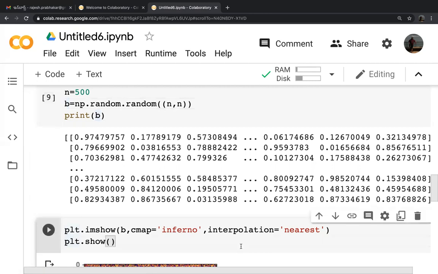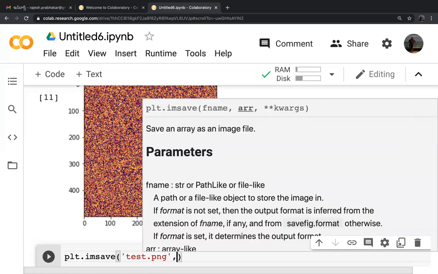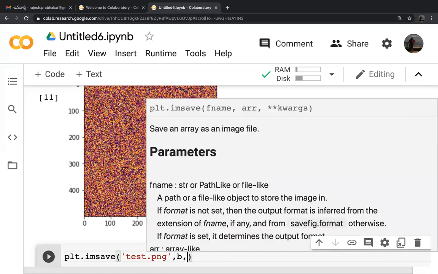So we can save this image. You can also save this image in your Google Drive. The saving is very easy here. plt.imsave, image save. Name it test.png, portable network graphic, comma, then the name which we have given there is B. That's all.